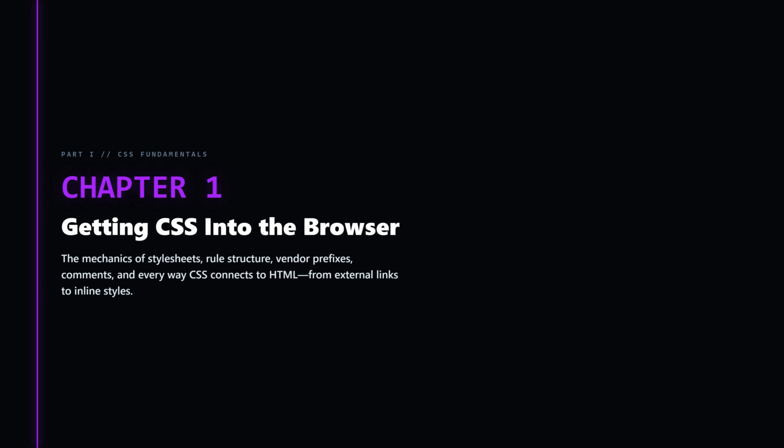Chapter 1: Anatomy of a Style Sheet. Welcome to Chapter 1. This is where CSS stops being history and starts being code. In this chapter, you'll learn the anatomy of a style sheet, how to write and format rules, what vendor prefixes